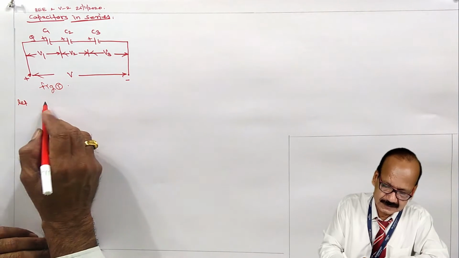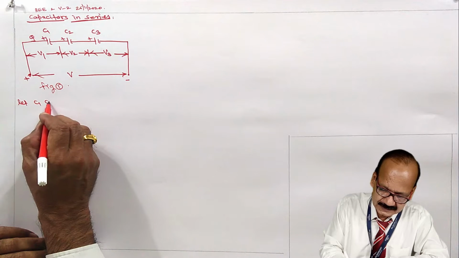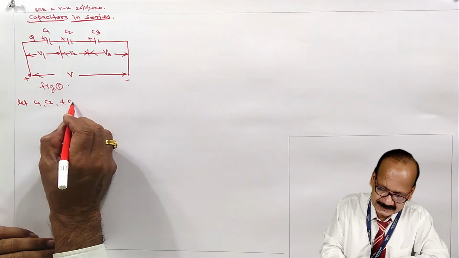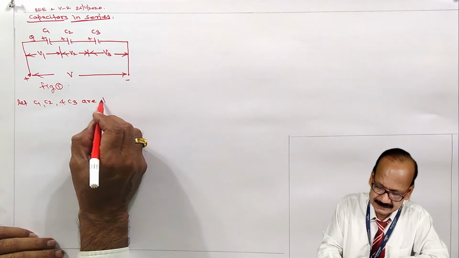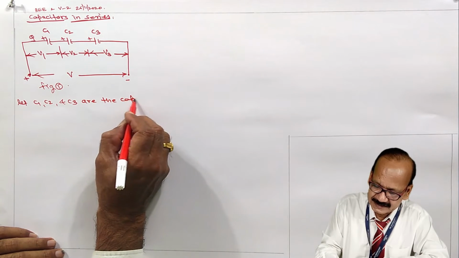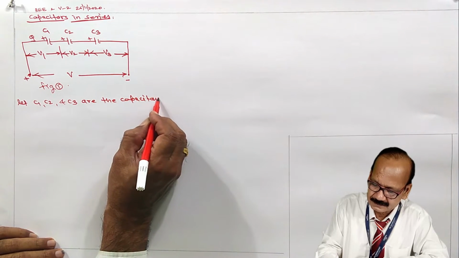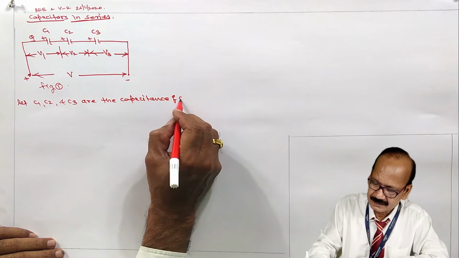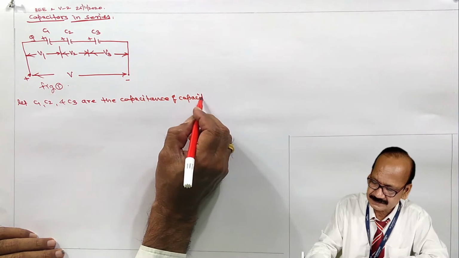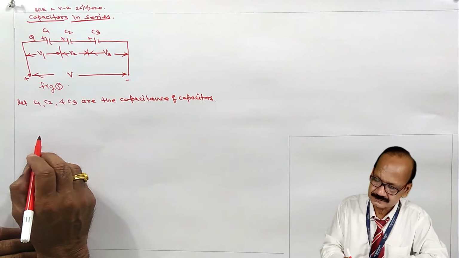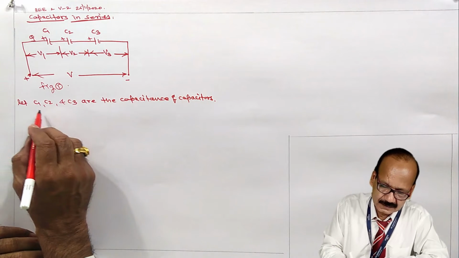Let C1, C2 and C3 be the capacitances of the capacitors